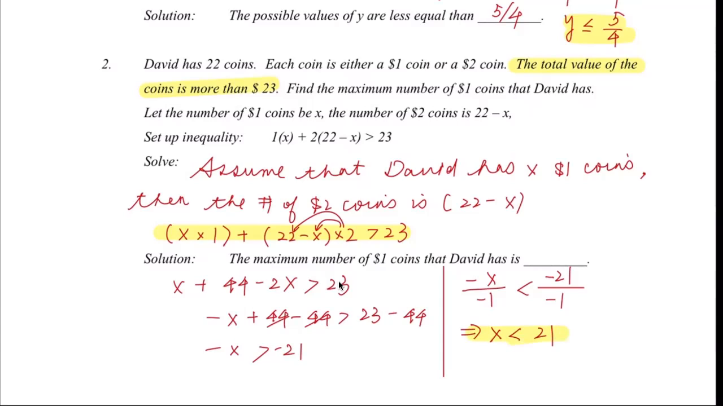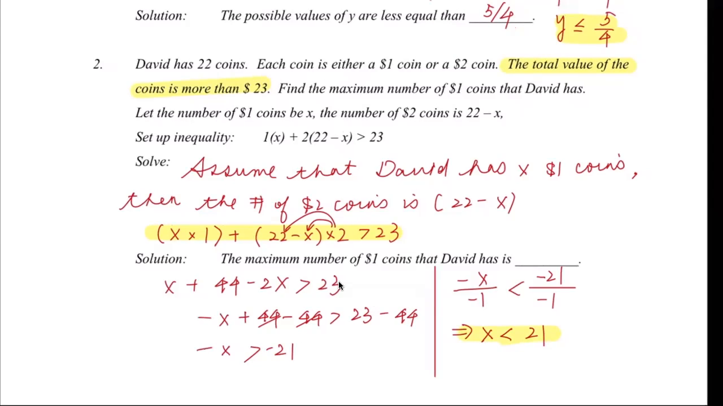Okay. Here, we already defined here, right? We assume that David has X $1 coins. And here, X is smaller than 21. These two pieces of information are consistent. Okay, this means David cannot have more than 21 $1 coins if the total value of the coins is more than $23. Okay, so here, solution, the maximum number of $1 coins that David has is